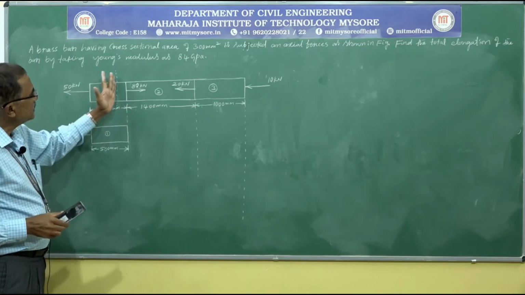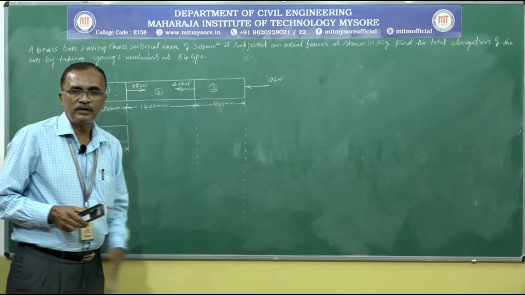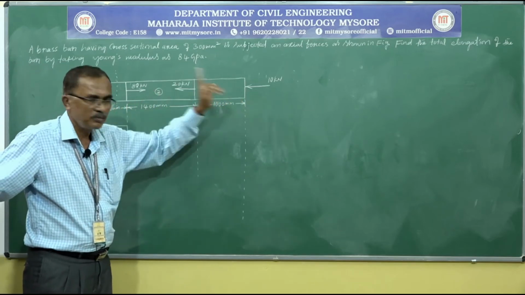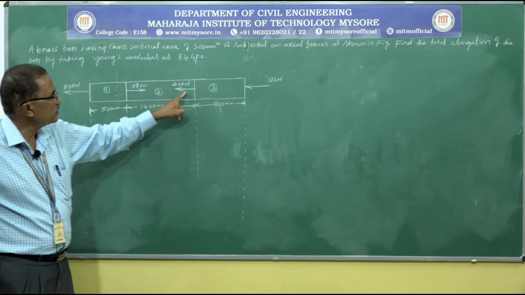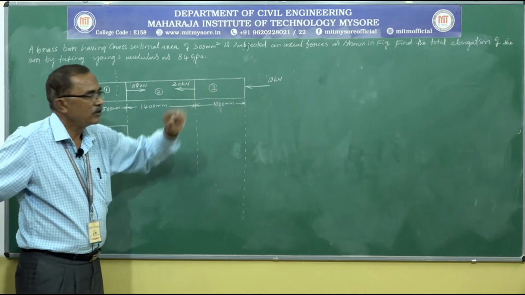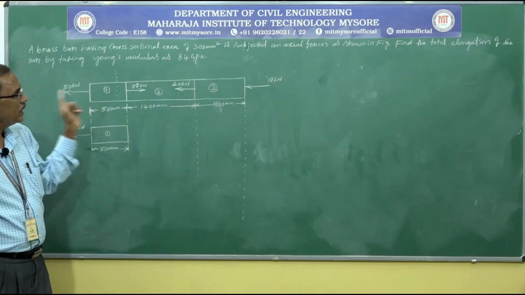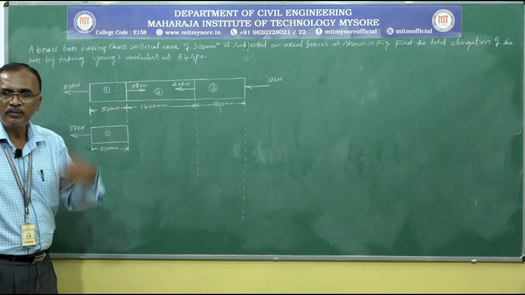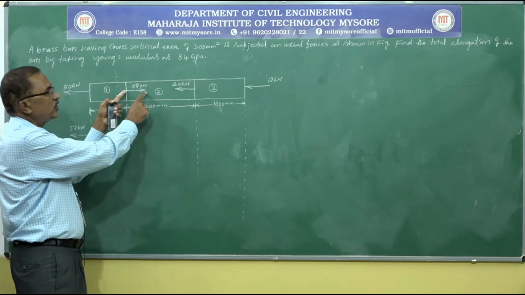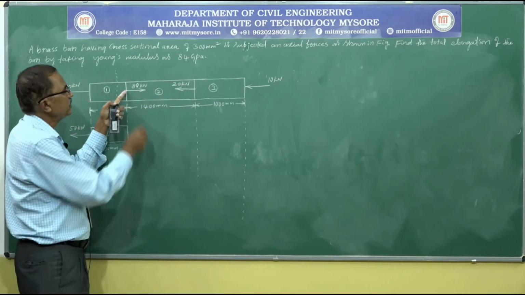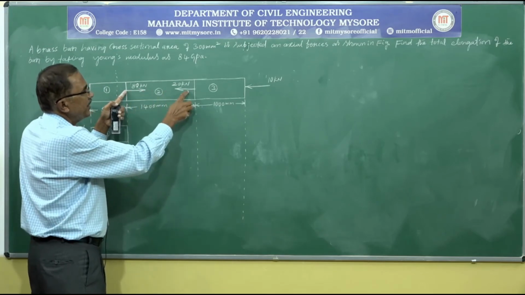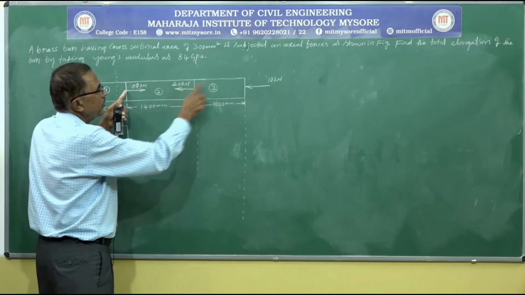Now, consider the forces to the right side of the section. Forces means forces acting on the remaining portion of the bar. There are 3 forces here: 80 kilonewton, 20 kilonewton and 10 kilonewton. Consider one direction as positive, and automatically the opposite direction will be negative. If I consider the rightward as positive, automatically the leftward forces will be negative. So in the rightward direction 80 kilonewton force acting, then plus 80 minus 20 minus